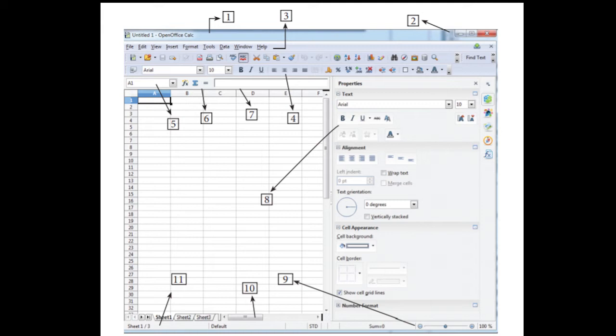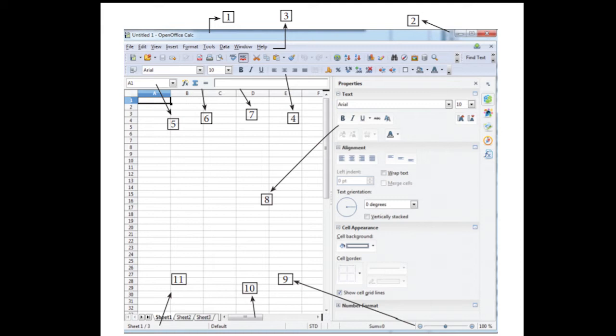And the ninth one, down on the right bottom corner, you have the zoom, right? Zoom options. And the 10 is scroll, we know that scroll bar. 10 is scroll bar, and 11 is the status bar, okay? That bottom line is the status bar, okay? Above that status bar, above that 11 only, we have that sheets, right?